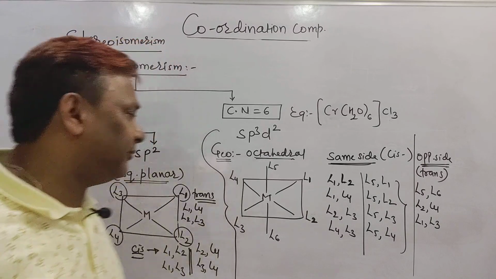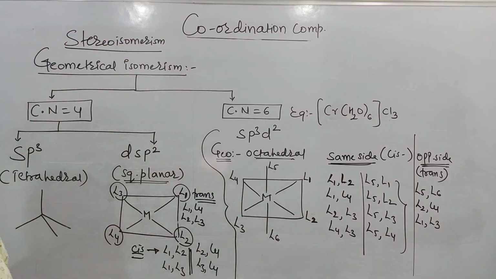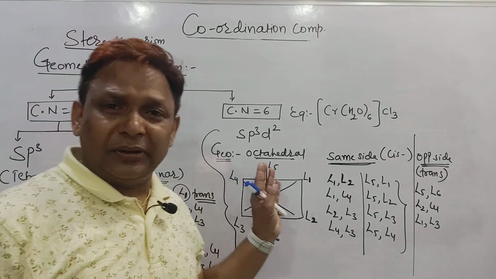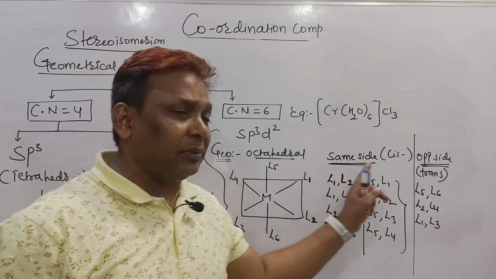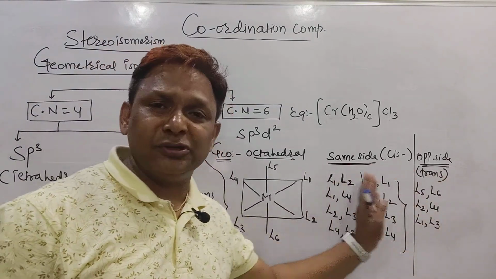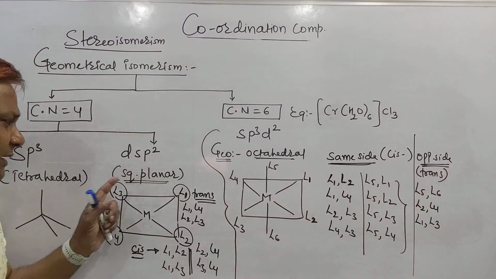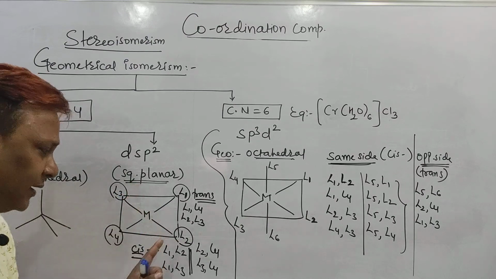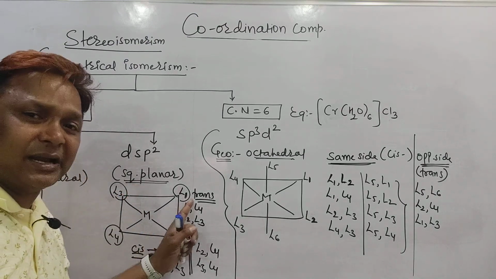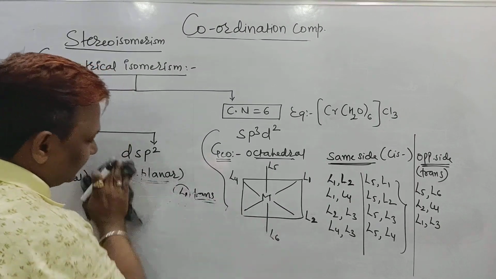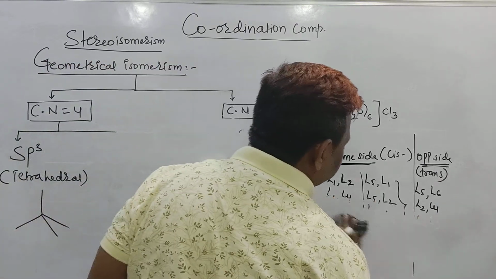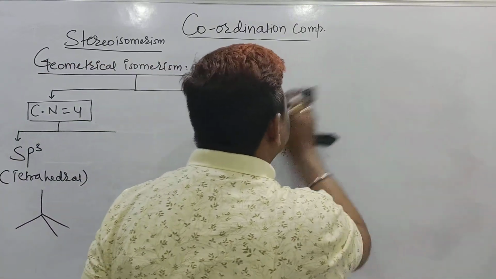So these things we have seen for octahedral and square planar. As we saw, in octahedral, how to identify geometrical cis and trans? It is based on the position of the ligand. But in square planar also we have identified geometrical isomers called cis and trans. That is also based on the ligand. So now we are going to discuss the sp3 hybridization part.